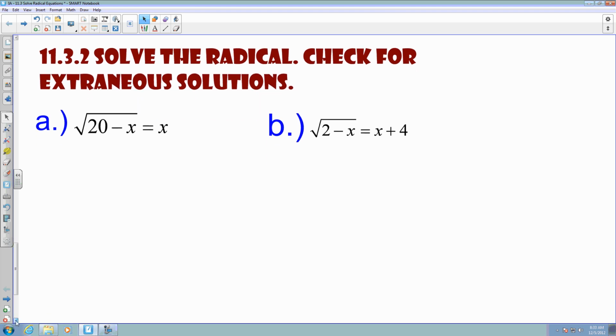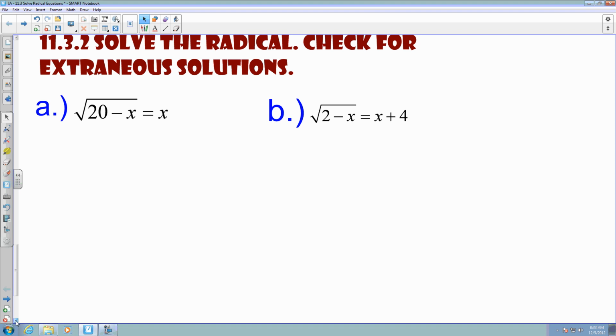So A and B, we want to solve the radical and check for extraneous solutions. Let's take a look at A. We have the square root of 20 minus x equals x. Step 1 in solving equations is to isolate the square root. That's already the case at this point. So let's go right to step 2 and